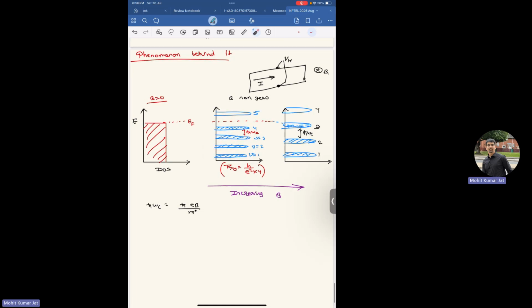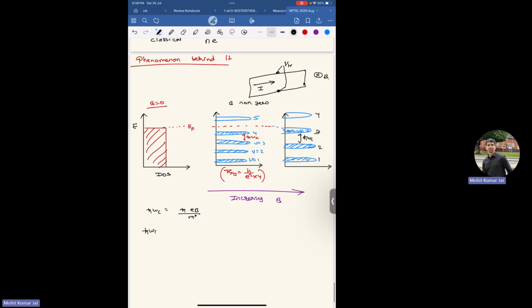low temperature you need because otherwise they will be thermally broadened on top of each other and you won't be able to distinguish these states. They will be thermally smeared out. So you need low temperature so they become sharp. You can easily distinguish between these states. You need high magnetic field so that the spacing is enough, and that spacing is basically your h bar omega c.